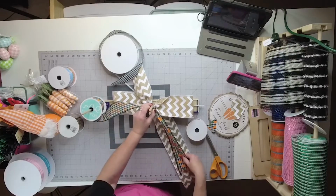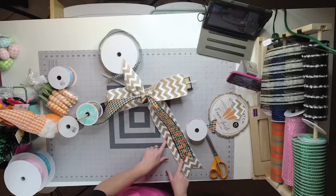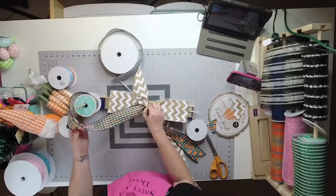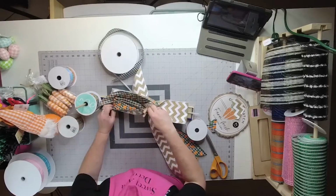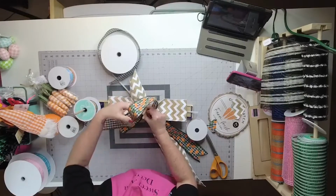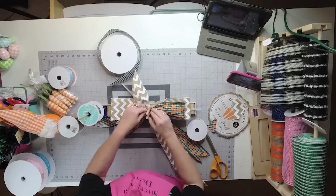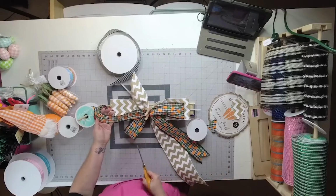Okay. So I'm going to come out a little bit before the end of that. So you'll see where it's, I don't want to be right on top of it. I don't want to be right up here. I want to be kind of about a good 2 to 3 inches. Okay. Turn it. Here we go. This is going to come out to 6 inches for the loops. 6. Turn it. Come out to 6. Okay, and then